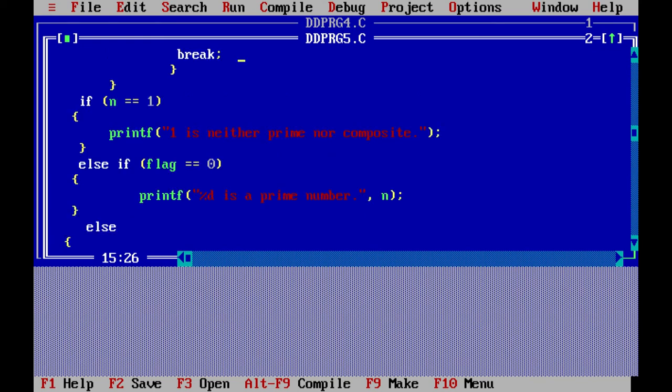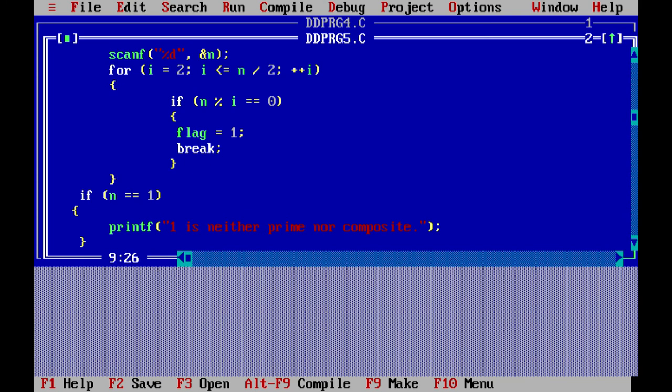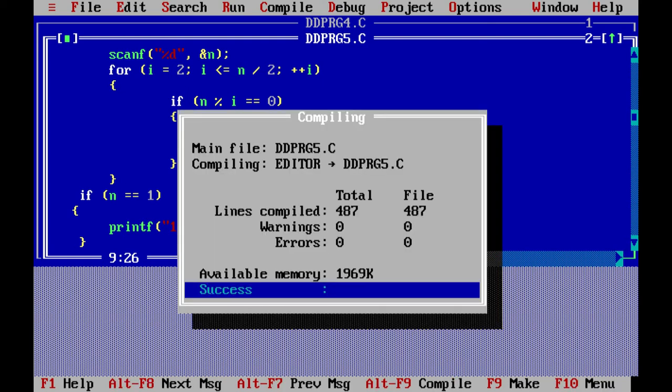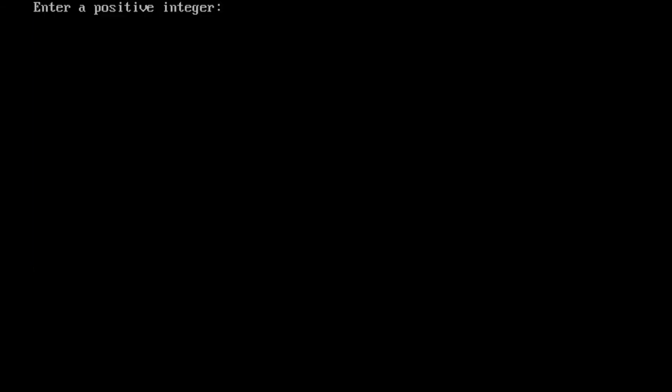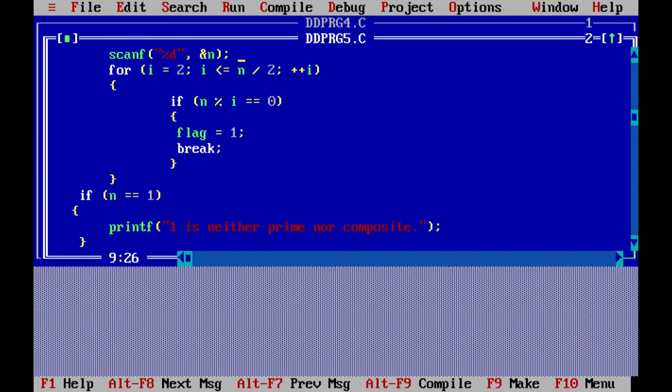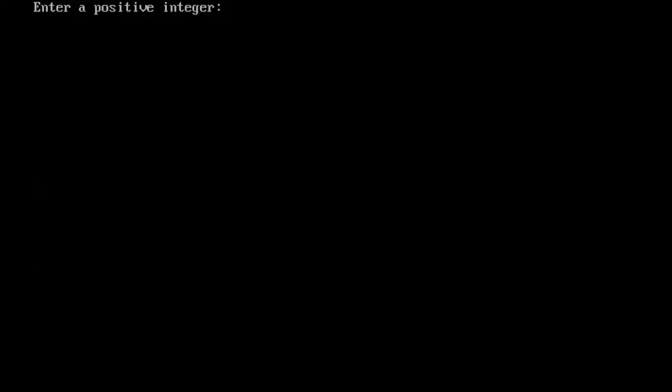Okay, in such a manner you can input a prime number, like 5, 7, okay, 3 also. So now again I am running and showing you some prime number input. You have to compile the program, again you have to run this program. Now here I am entering the prime number 7, so it's a prime number. Again I compile it, again I run it, and if my number is 6, it is not a prime number.